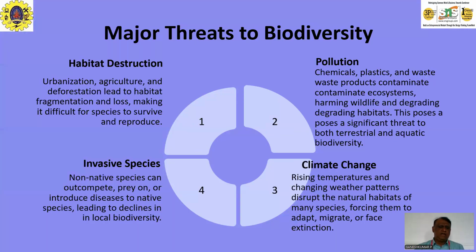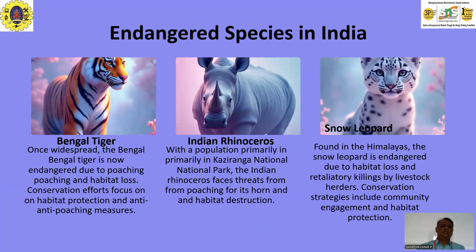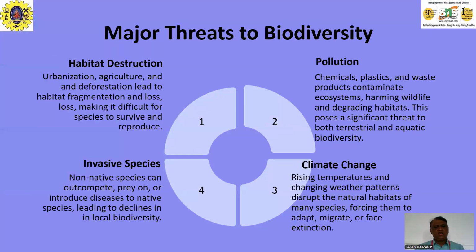So, major threats to biodiversity. What are the threats? Mainly, we classify the threats into three or four categories. One is habitat destruction, then pollution, invasive species, and climate change. What is habitat destruction? Due to the increase in population and urbanization, humans need to expand agricultural land and settlements. So deforestation happens. Deforestation leads to habitat fragmentation of the animals, and it leads to loss of their habitat, making it difficult to survive, reproduce, and